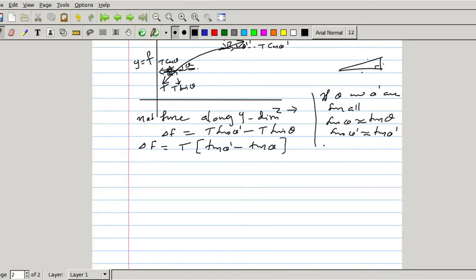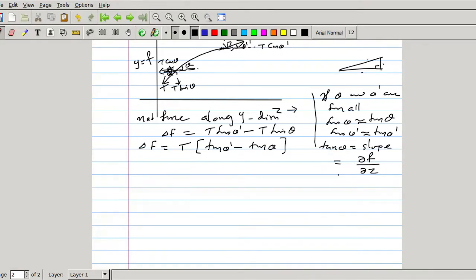Actually, tan theta is slope of curve. Slope, f is a function of z and t. So we can take slope, as y direction we are taking f, so the differential change in f with respect to differential change in z. So the differential change in f with respect to z, we can write it as dou f by dou z.